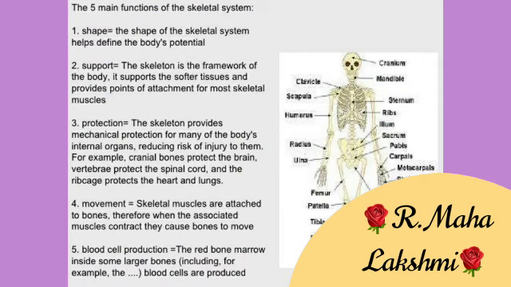1. Shape. The shape of the skeletal system helps to define the body's potential. 2. Support. The skeleton is the framework of the body. It supports the softer tissues and provides points of attachment for most skeletal muscles. 3. Protection. The skeleton provides mechanical protection for many of the body's internal organs, reducing risk of injury to them. For example, cranial bones protect the brain, vertebrae protect the spinal cord, and the rib cage protects the heart and